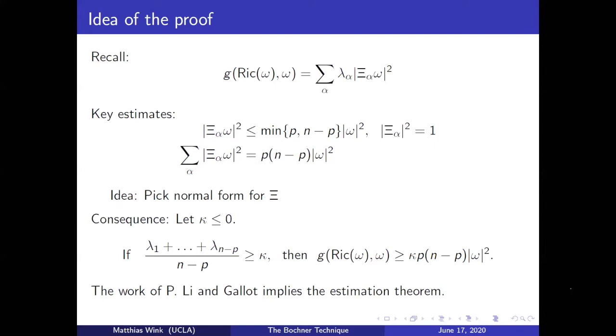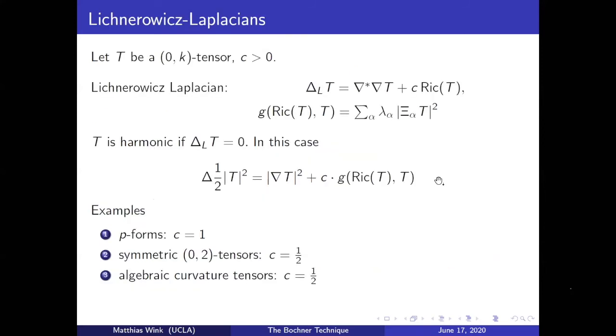Great. So we've discussed forms. One of the advantages of the Bochner technique is that it also works for different types of tensors. So let's briefly talk about Lichnerowicz Laplacians. We're given a tensor T, a 0,k tensor, an arbitrary tensor, and we can look at the Lichnerowicz Laplacian, which is given by the connection Laplacian